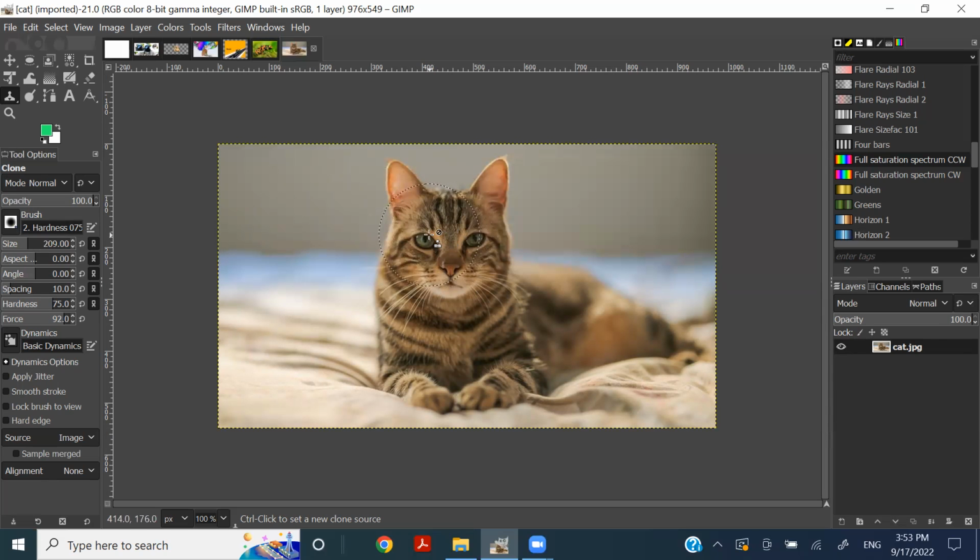All right, so using the size over here, now it will create a size. I need to reduce this like it set to the cat's face. And now what I'm going to do is press my control button,